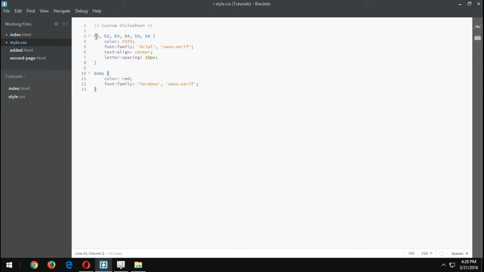The generic heading structure in HTML is H1 through H6. So I'm putting in my CSS style sheet that if I use H1 through H6 in my index.html, I want all of the headers